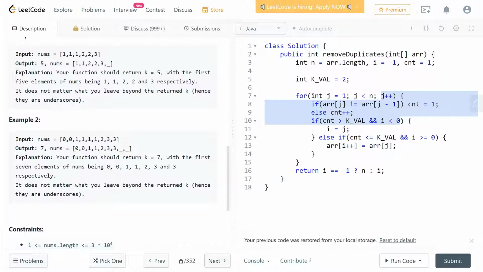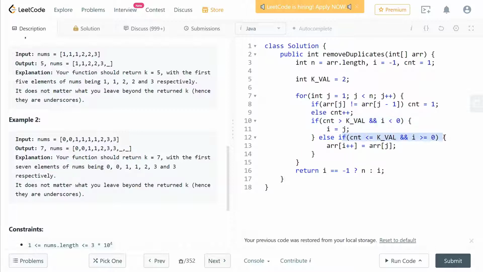Now this condition will never be true again because i was -1. Then we increase it to something greater than 0. So whatever happens, this will always increase. So it can never be less than 0 because i equals j and j starts from 1 till n. So this condition only occurs once. So this whole if will be executed only once at the start, and once this is done, we have